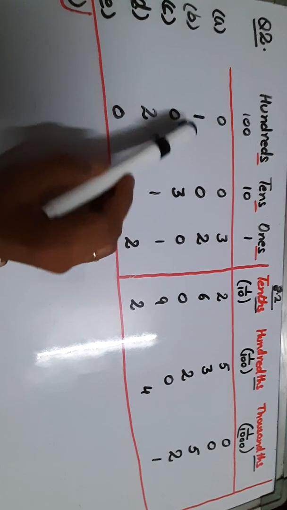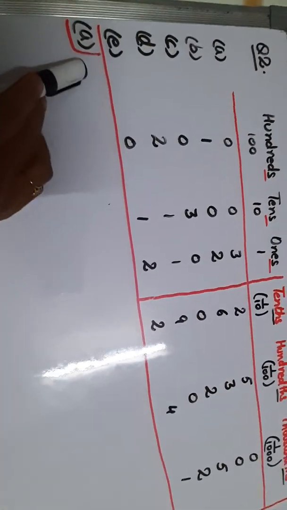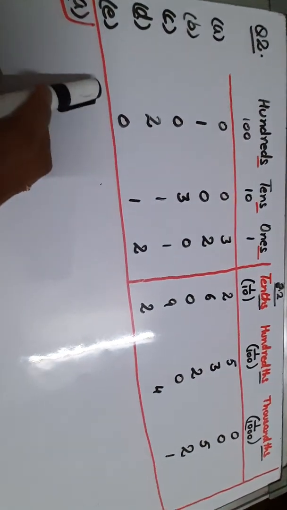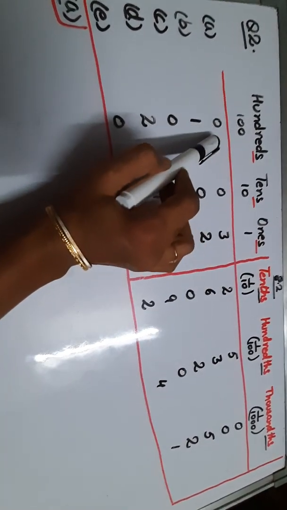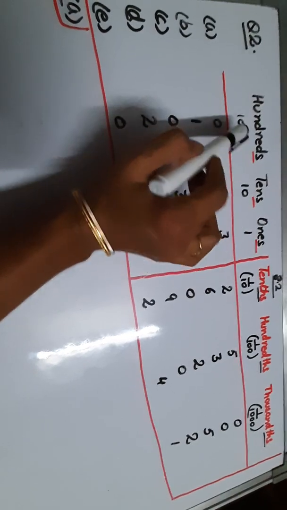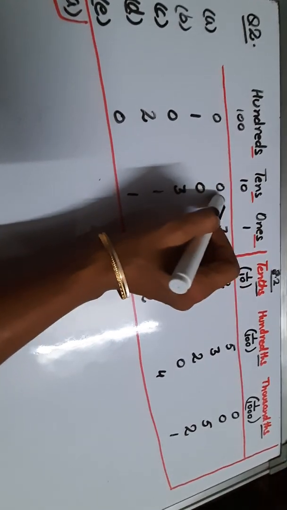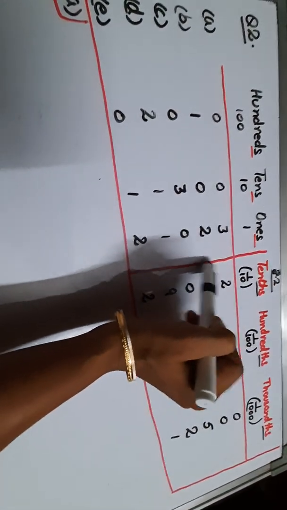Let us see. So dear students, this is the table which is given to you in the book. I have made it here for you on the board also. Now let us do the first part. Let us convert the first part into decimals. Before converting into decimals, we must know about the place values. Like the 0 is at hundreds place, so we will multiply 0 by 100, plus 0 is at tens place, we will multiply 0 by 10. 3 is at ones place, we'll multiply it by 1. But this line shows the decimal point.